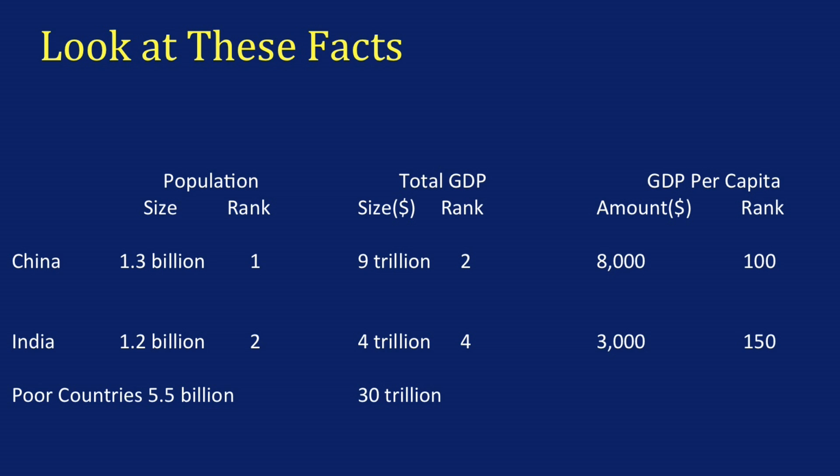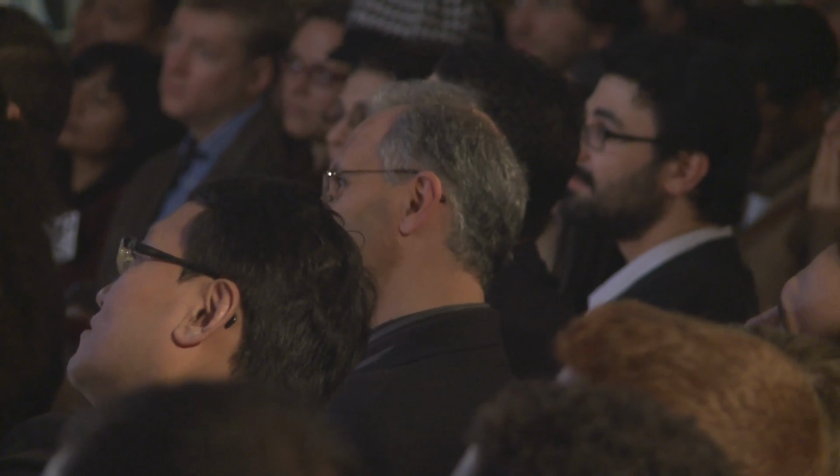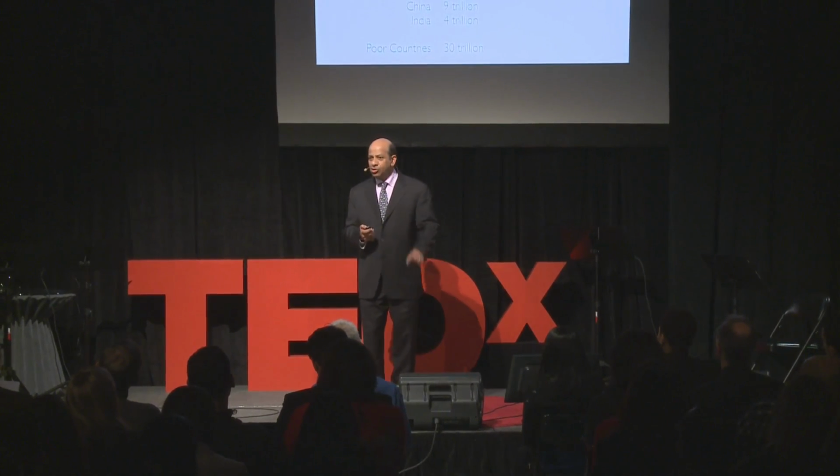What this block tells you is there are about 5.5 billion people in the so-called developing economies. That tells me developing economies are bulk of the consuming base. The total size of these economies, the GDP of poor countries, is about $30 trillion. Even if you apply a modest growth rate of 5%, you do the math. 5% on 30 trillion is $1.5 trillion of incremental growth. That's $1,500 billion of incremental growth. Developing economies are huge. They have massive consumption base, but that still doesn't tell you why do you need to